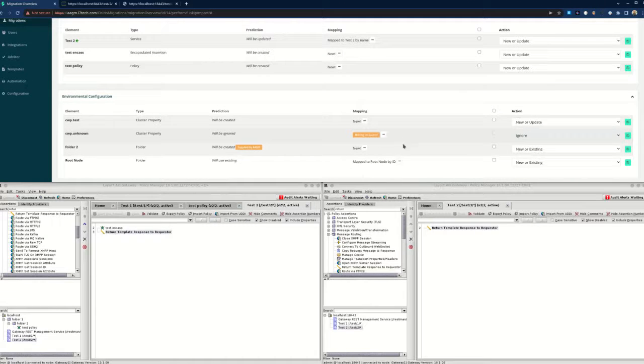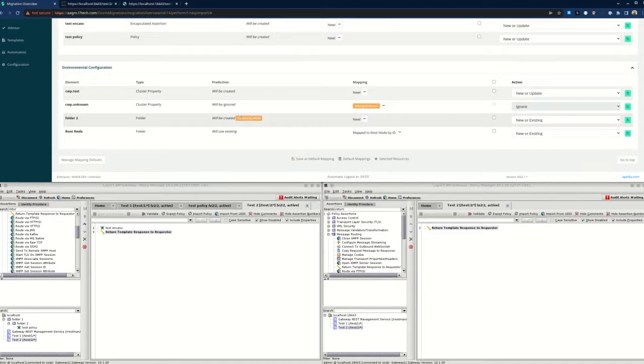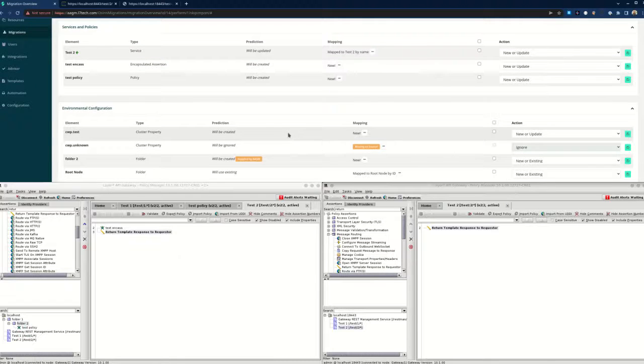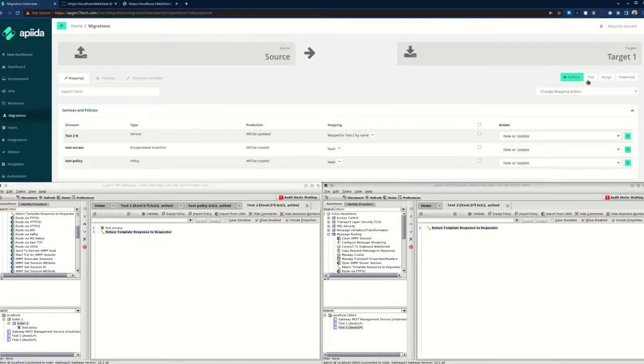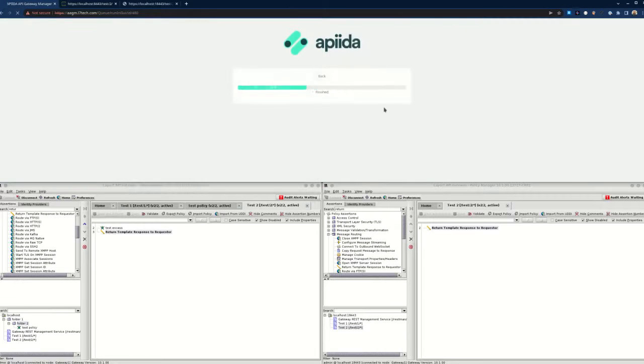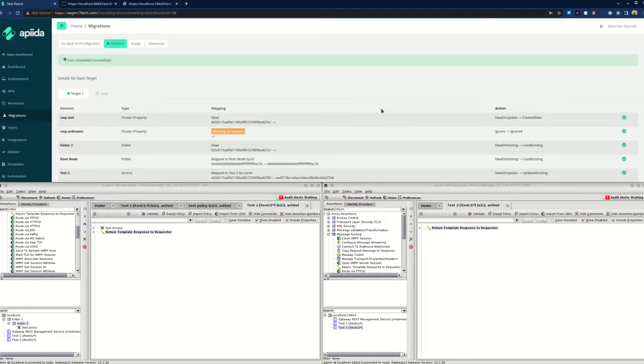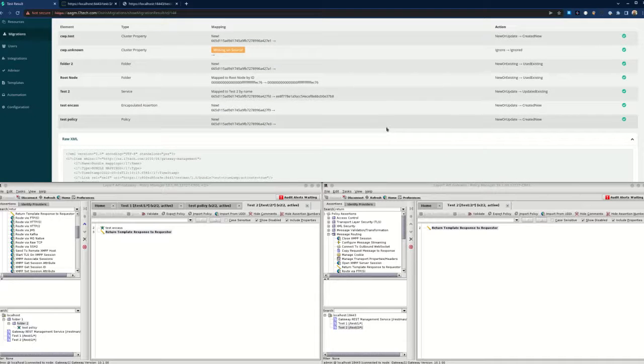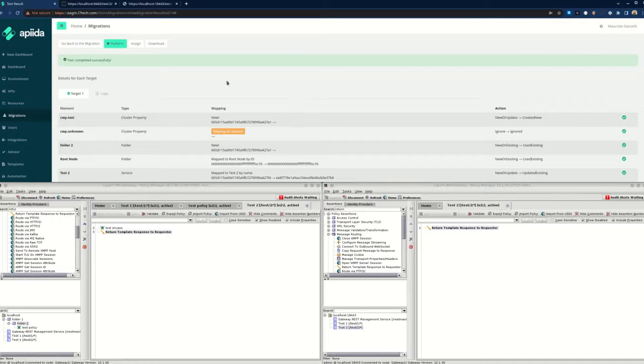It also noticed that there is Cwp Unknown that is missing in source, and also folder 2 that is missing in target. And because it did see it, it mentioned that it will create it for the folder. At this point, we can test it. And because we have checked that it needs to create folders on the target, it is fully